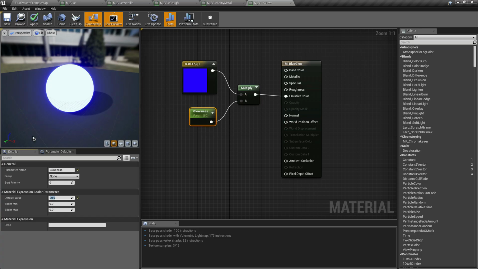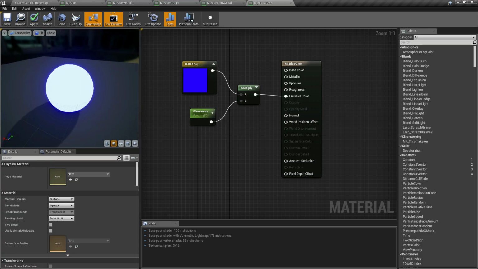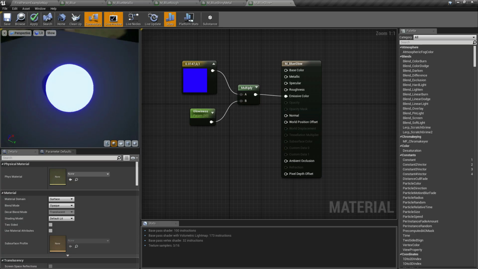Okay, I think 90 is better. How about 50? Okay, that's it. 50 is enough for the glow of the color blue. So this is our fifth material, the blue glow. Let's save our fifth material.